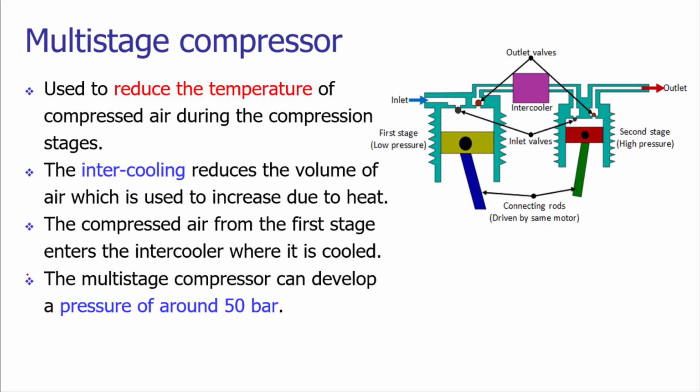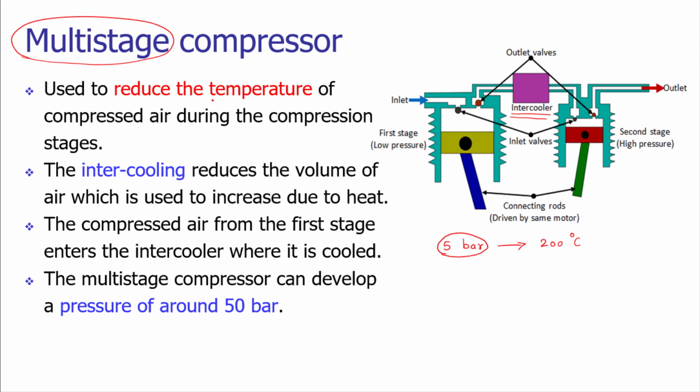Well, in general, in single acting cylinders, to generate a pressure of about 5 bar, the temperature may go up to 200 degrees Celsius. So there is a huge increase in the temperature during the process of compression. To solve this problem and to increase the energy efficiency of these devices, we can go for multi-stage compression. We can use intercoolers to enhance the efficiency of these systems.